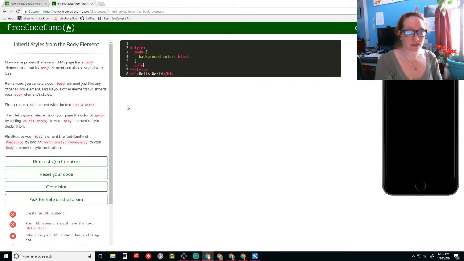Inside the style section. Let's see if this works. Does that work? No. Because then we need to add color here. Is that right? No. Style. No. Font color. And, semicolon. Yes.